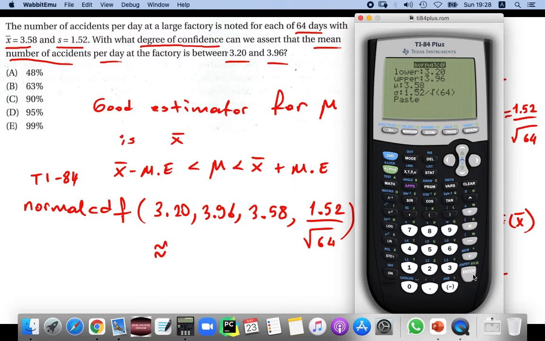And then when we press enter, the result will be